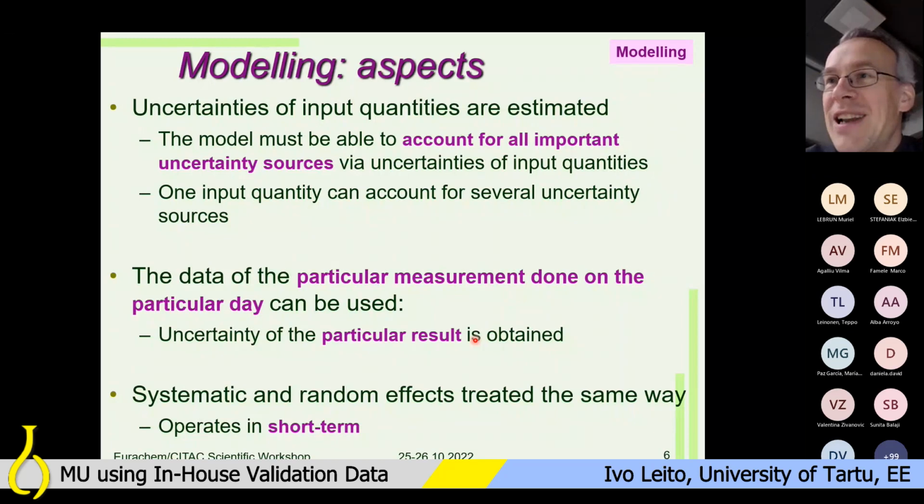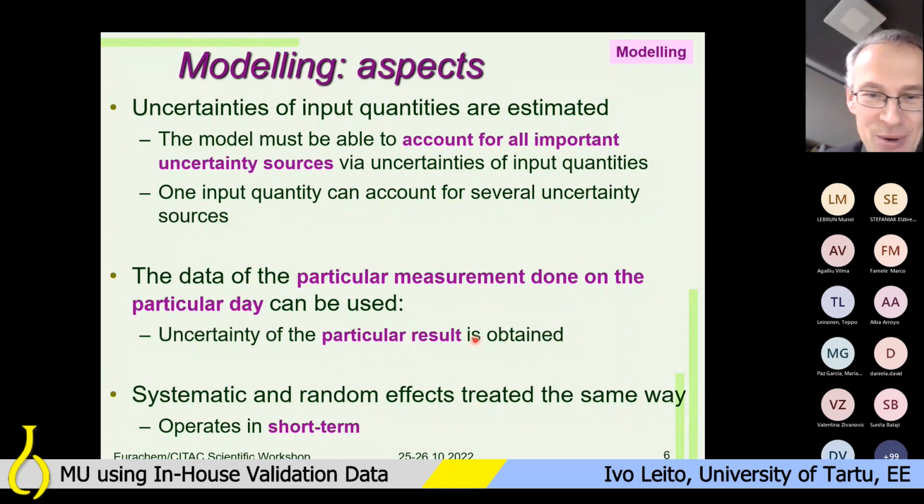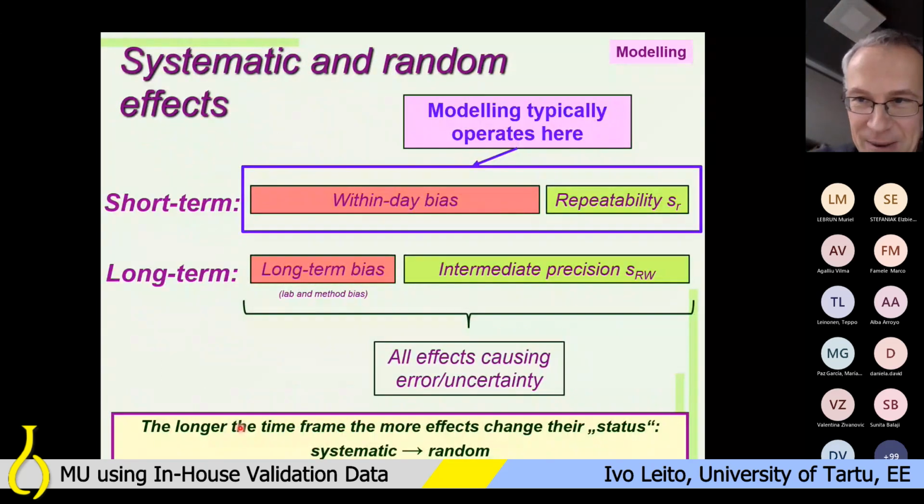We will see later on that this is not the case with the remaining approaches. And here, in this approach, the systematic and random effects are treated in the same way, and this approach operates in the short term,